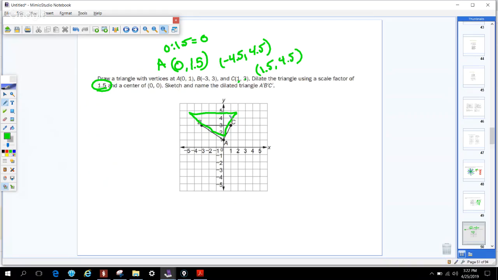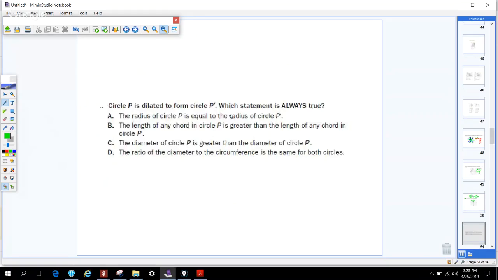Just that simple. Okay? Which is always true. What's that thing I asked you, remember, about circles? All circles are similar. Well, this is why they're similar. When you do these dilations,